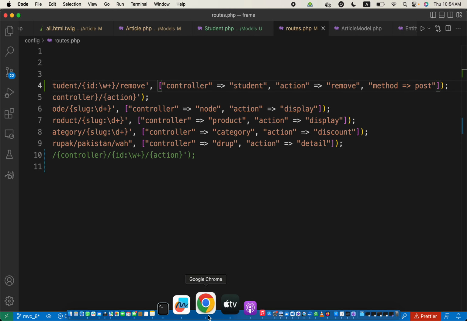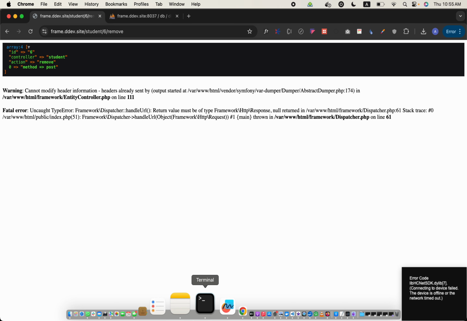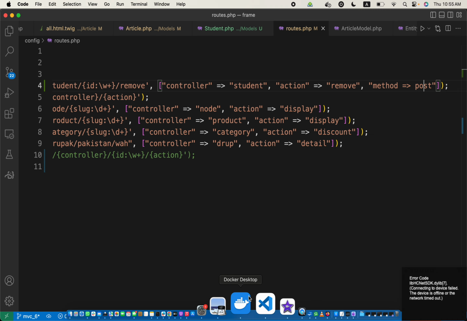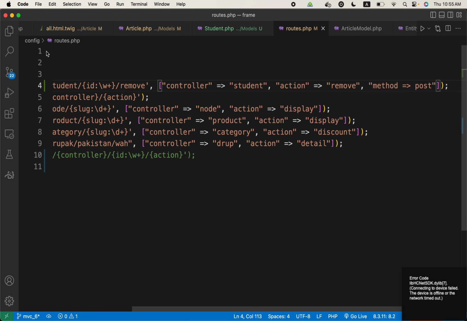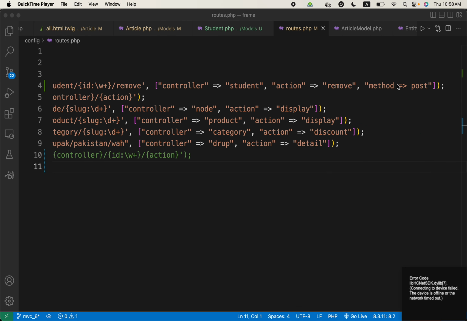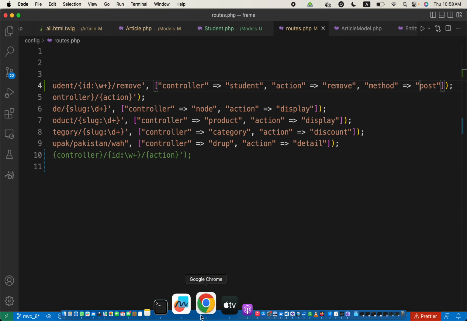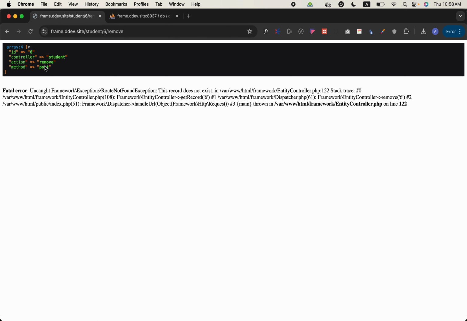So how is it outputting it? Oh, so we are closing the comma somewhere else, so it should be method post. So if I refresh the page, and now you can see it's method post,